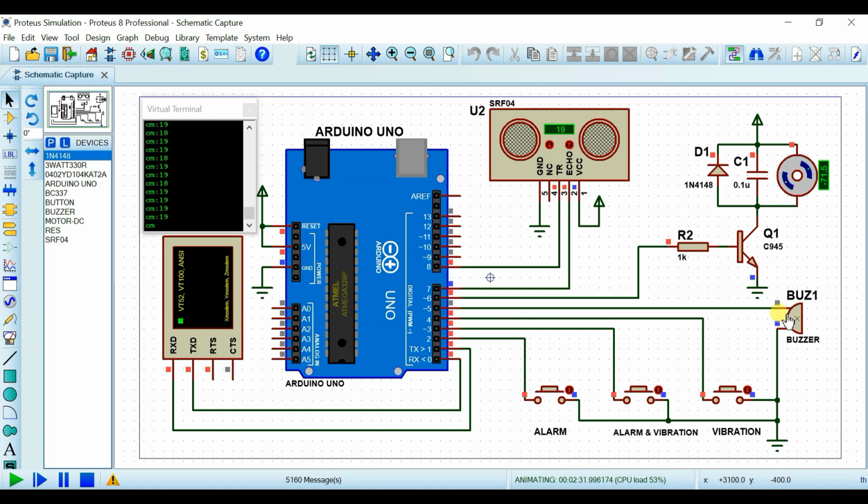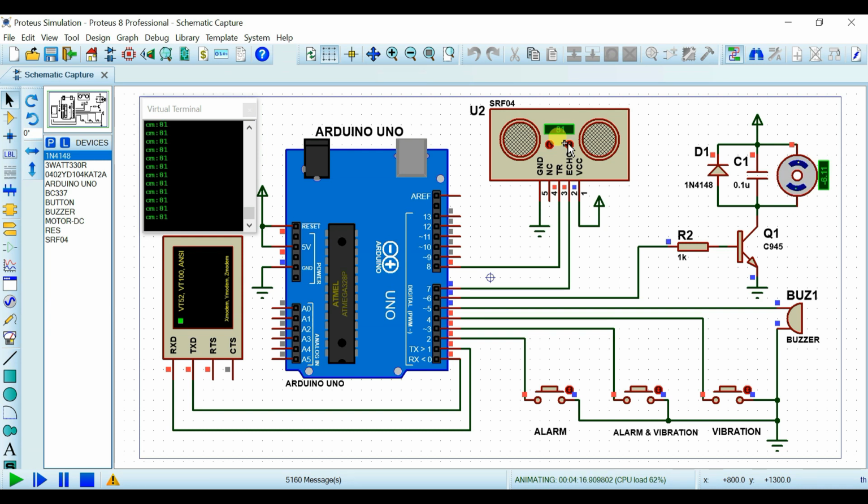Now as distance value is more than 20, value of on time is more than value of off time. As distance value will approach 100, value of on time will decrease and off time will increase. At this time, both alarm and vibrator are operating.